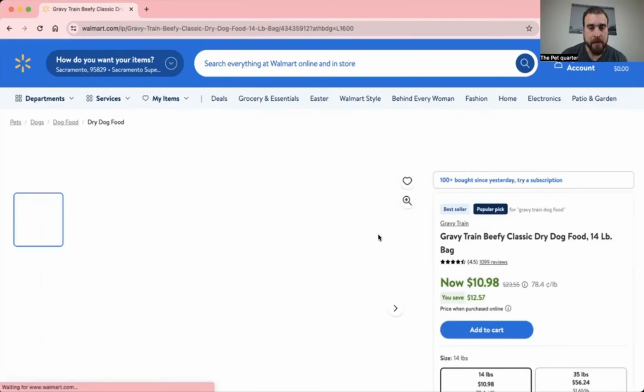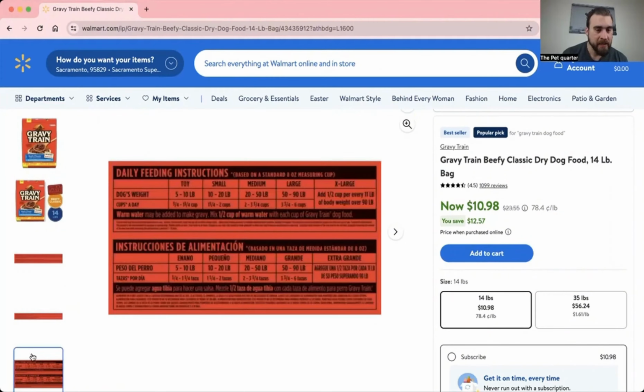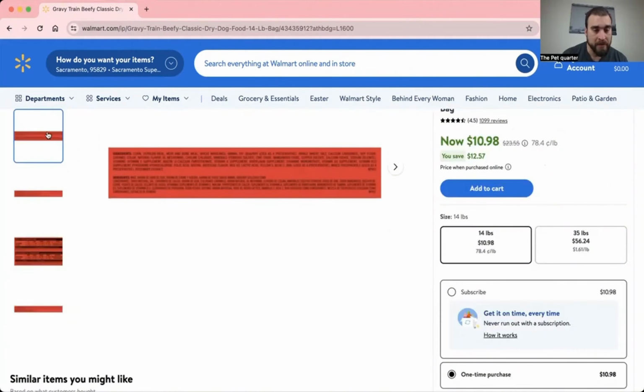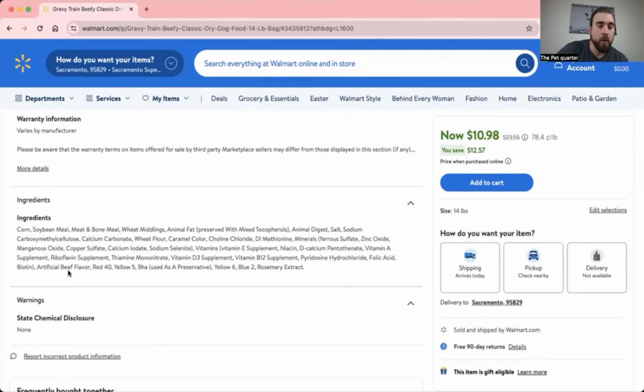Gravy Train. Look at this. What's this? So we have Gravy Train, Beef Classic, Beefy Classic, Carne de Res Classica. I feel like I'm in Argentina. Right. Okay. So let's look at some ingredients. Wow, the ingredients. Whoa, we can't even see them. Hold on. So the ingredients are corn, soybean meal, meat and bone meal, wheat middlings, animal fat, animal digest, salt,